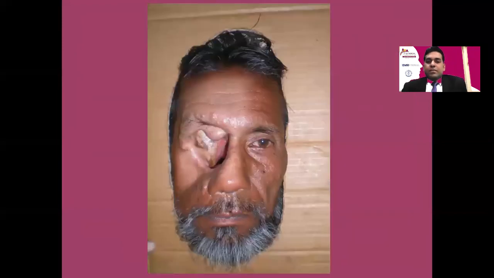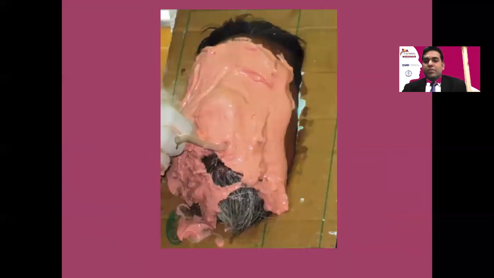After that, we made the impression of the facial region. The entire facial moulage was prepared. So this frame was fabricated to restrict the flow of impression material as well as the plaster which will be used for supporting this impression material. And the breathing was maintained with the help of these suction tips or hollow tubes placed in the patient's oral cavity.